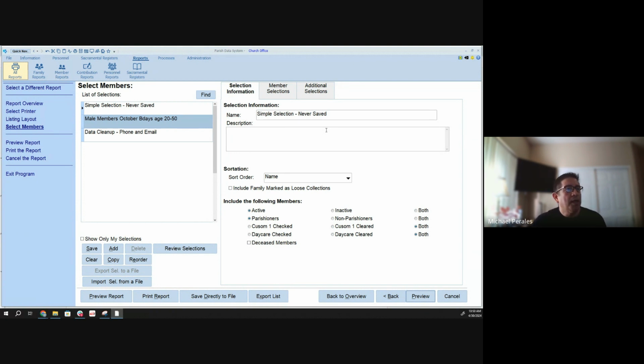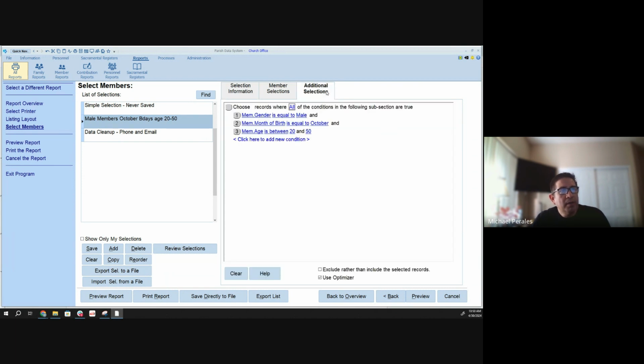Now, I'm going to go ahead and just show you the one down below in the middle. So this one's titled Male Members, October Birthdays, age 20 to 50. Okay, so that's just the name. But if I go to the Additional Selections tab, this should start to make sense. So I've been tasked with producing a list of all the male members. So that's member gender is equal to male, and their birthday is in October, and their age is between 20